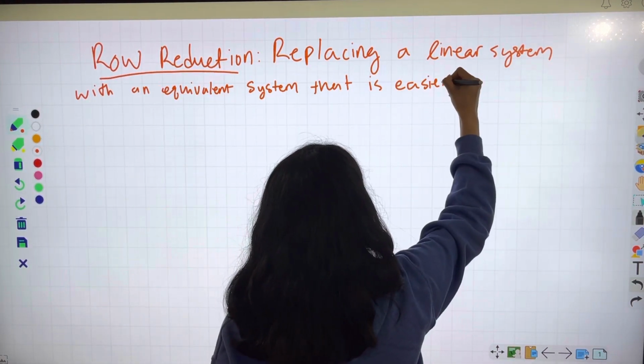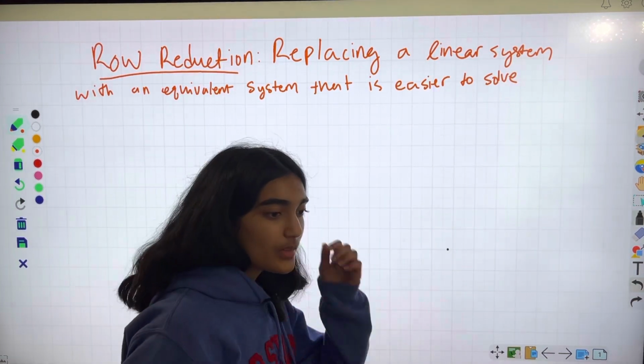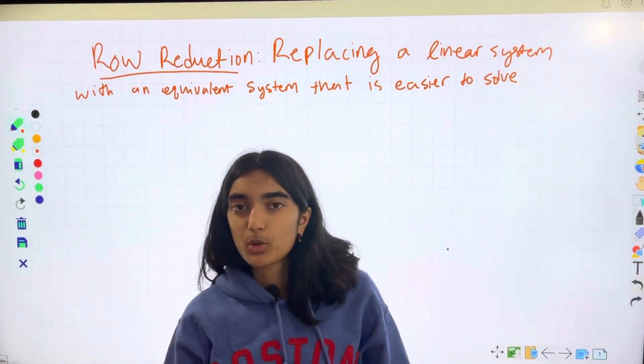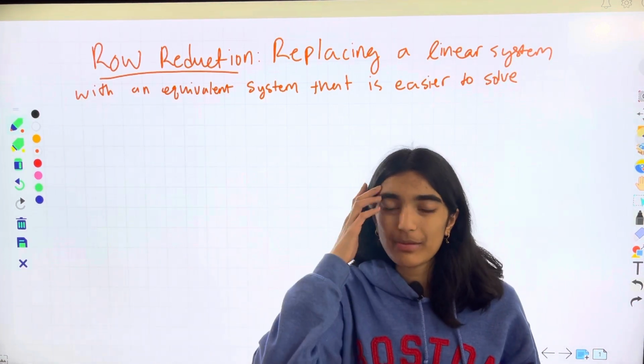And this is going to be more systematic than just substitution, because in substitution you